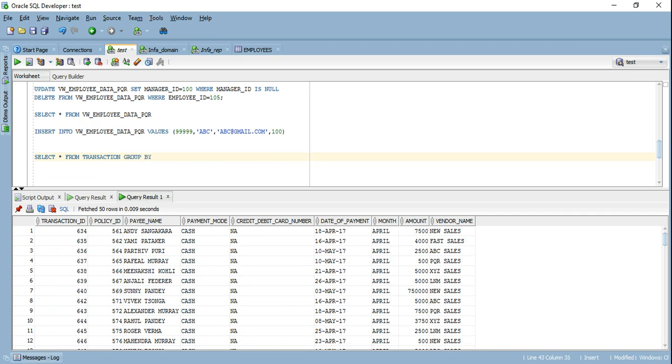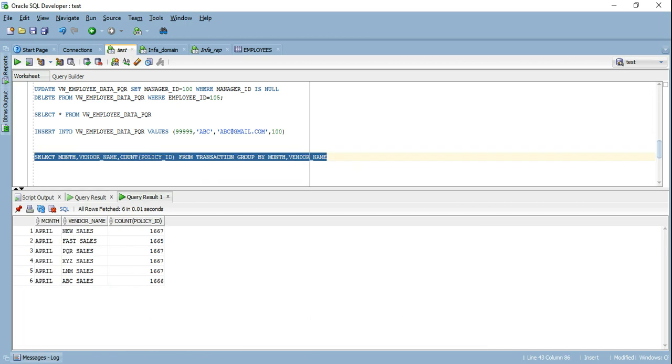He wants to group the data by month and by vendor name. And he wants to see the number of policies that have been sold by them. This is the kind of data that he wants to see.